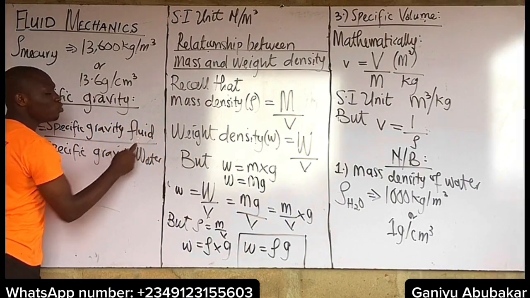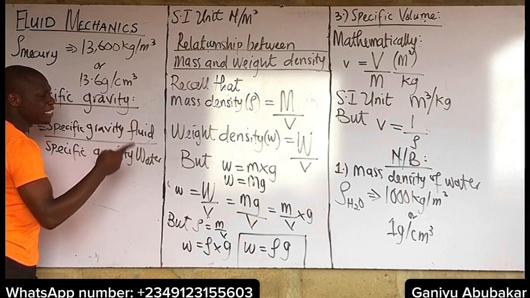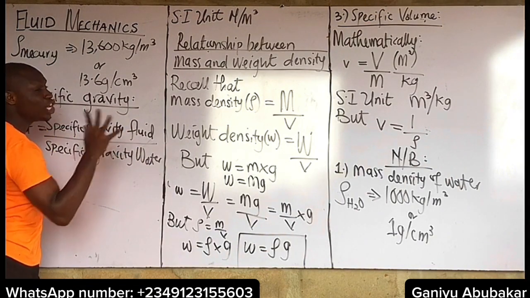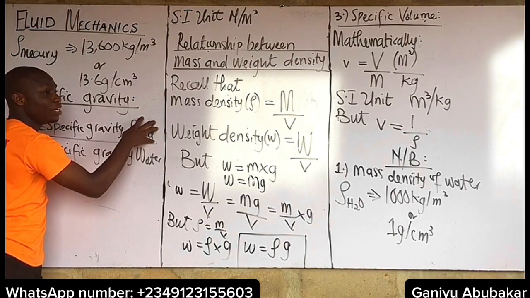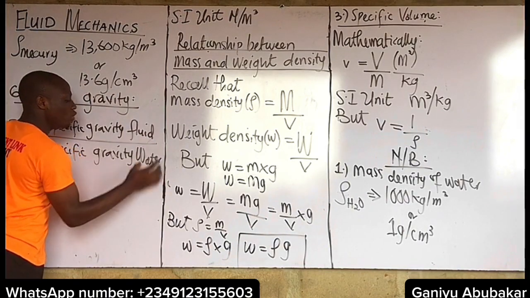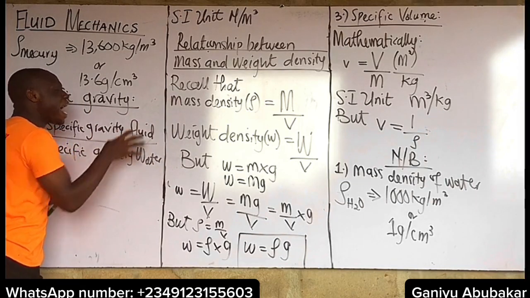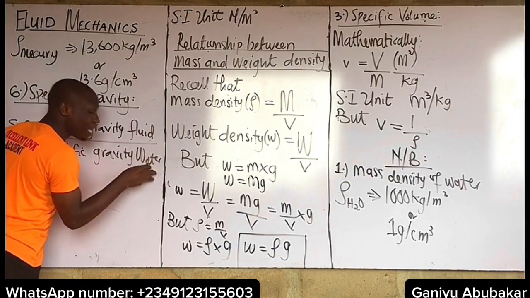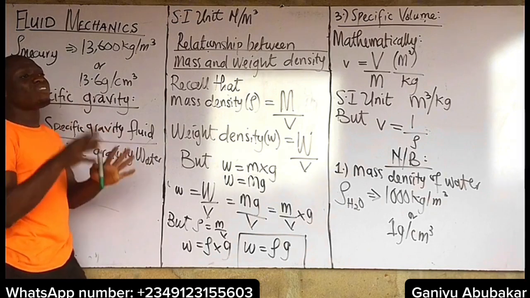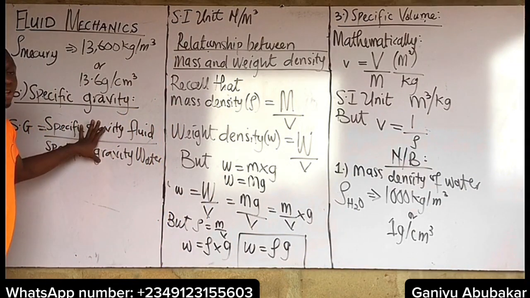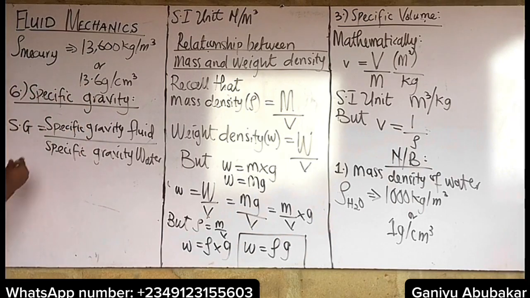For liquid, let's say my fluid is liquid, I can compare liquid with water. Let's say my fluid is gas, I can never compare gas with water. So get this right. I'm not saying this is not correct. It is correct, but the correct form is: